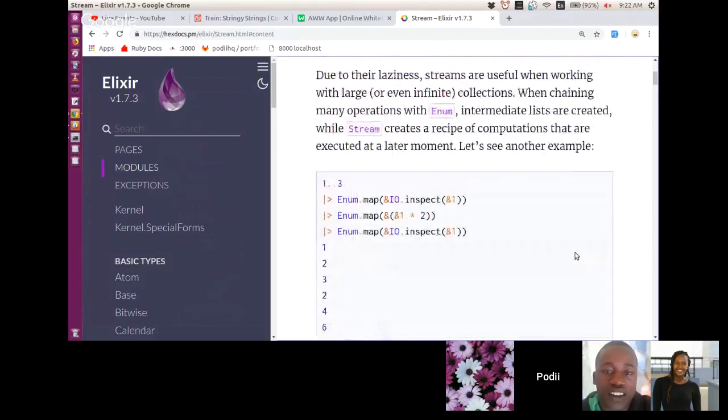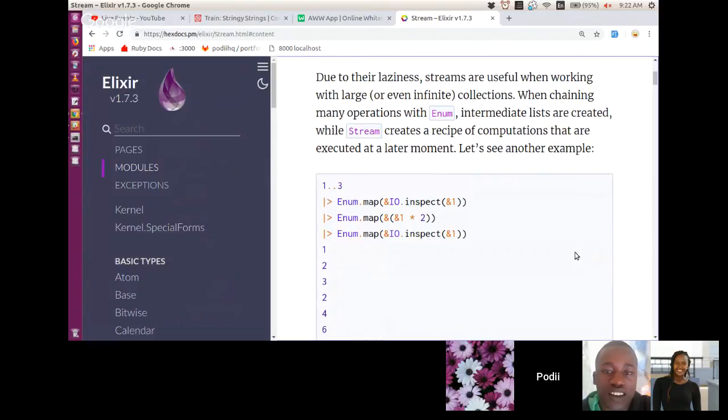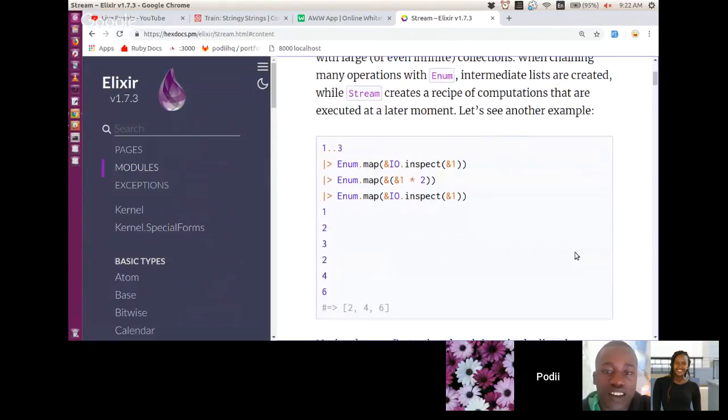Then mwana kitu hapa, due to their laziness, streams are useful when working with large or even infinite collections. Yes. When chaining many operations with enum, intermediate lists are created, while stream creates a recipe of computations that are executed at a later moment. Let's see another example. So hata kama tuna create stream, tuna create stream ya